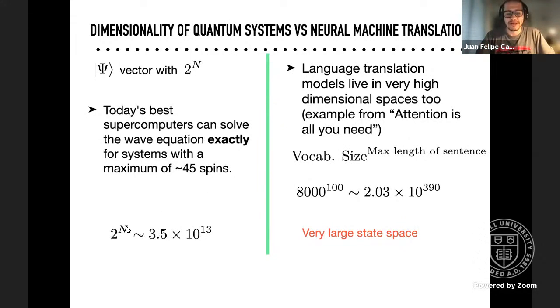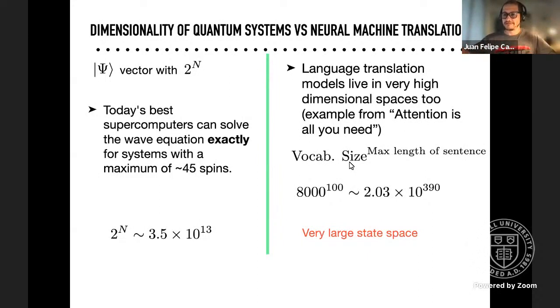And so with n of around 45 particles, we have a state space of about 3.5 times 10 to the 13 dimensions, so that's a lot. But I wanted to point out that, for instance, one example in machine learning is language translation, and people construct models, right? These models live in very high dimensional spaces. For instance, this is from a paper called Attention Is All You Need, where the size of the state space is defined by